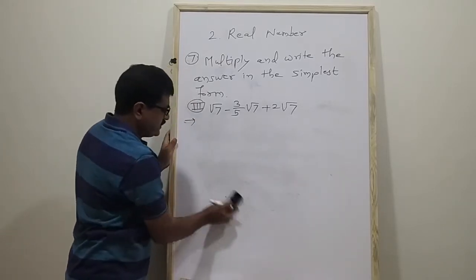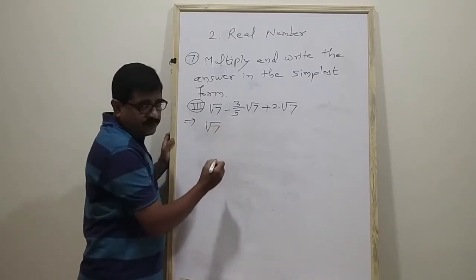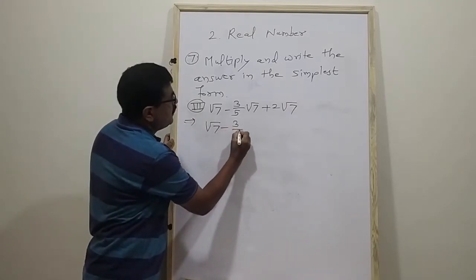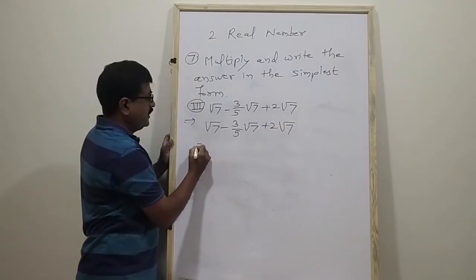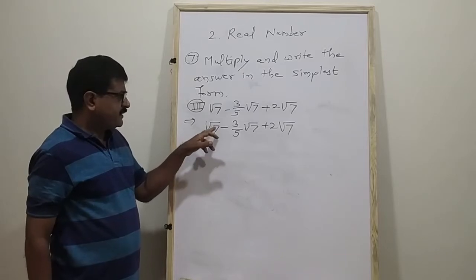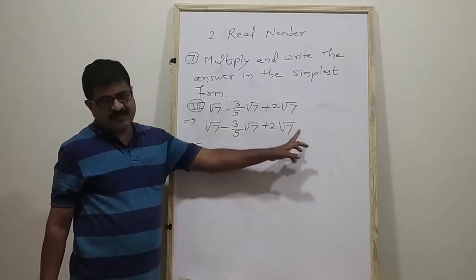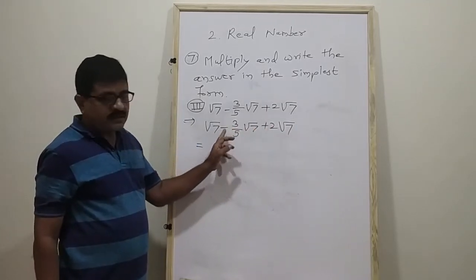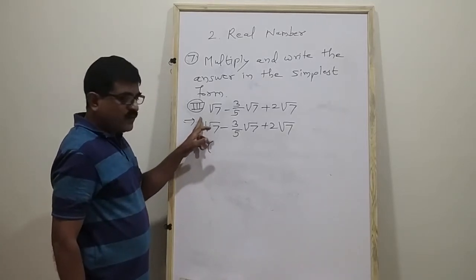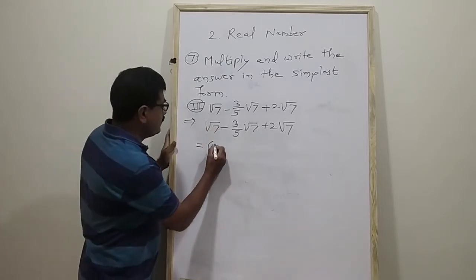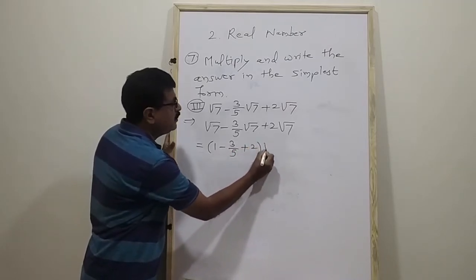Now first write down given example as it is, that is square root 7 minus 3 upon 5 square root 7 plus 2 square root 7 is equal to. Now in this example, in all these terms there is square root 7. Therefore we can take square root 7 as common. Write down in bracket. Now here is 1 square root 7, we take square root 7 common. Here is 1 minus 3 upon 5 plus 2 into square root 7